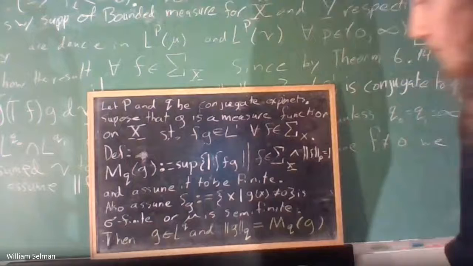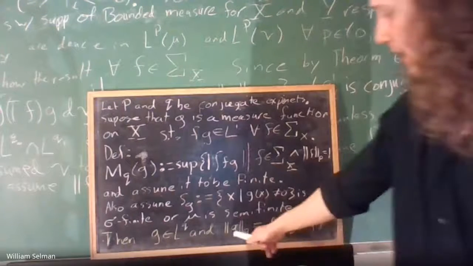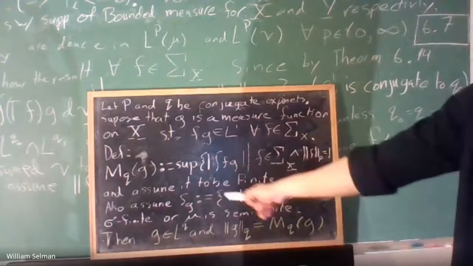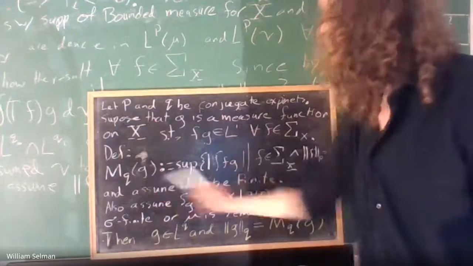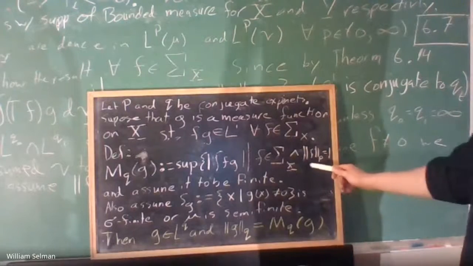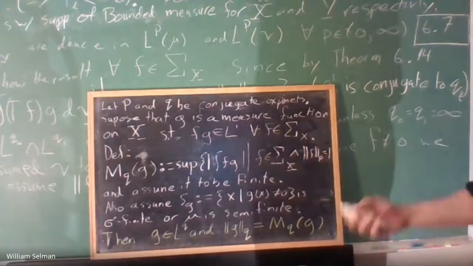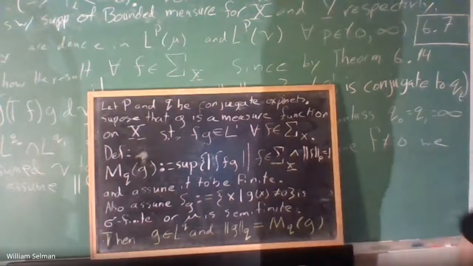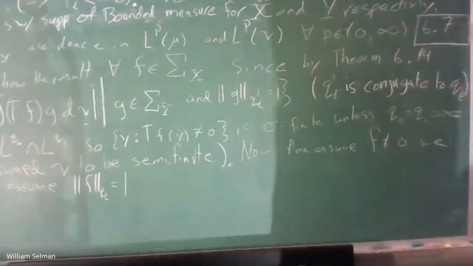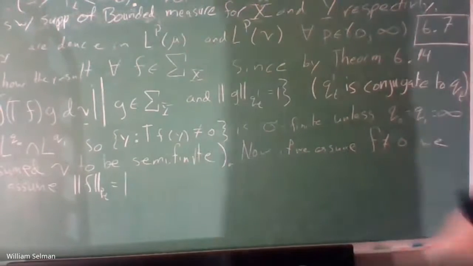So if we assume all of this, then we have that G is in LQ and the Q norm of G is equal to this M_Q of G. So taking the supremum of the integral of the product over all sigma X functions with norm 1 in P. So using that theorem, we get